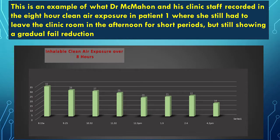And we might add that the rise in TGF beta-1 does show a mild correlation between fail reductions in VCS after the clean air exposure. This actually visually shows you what we're seeing. Client comes in, beginning of the 8-hour period, has a high level of fails in the VCS, and then hourly